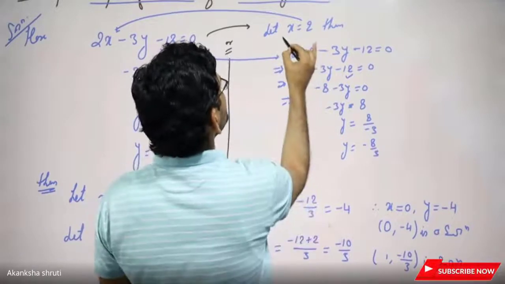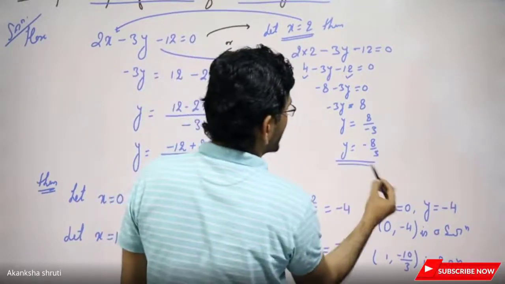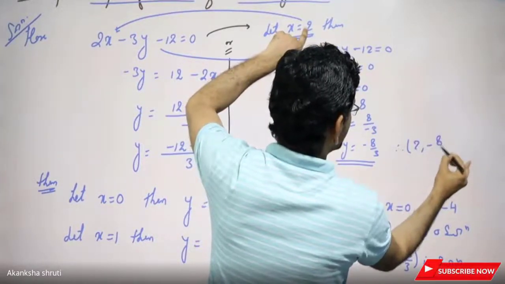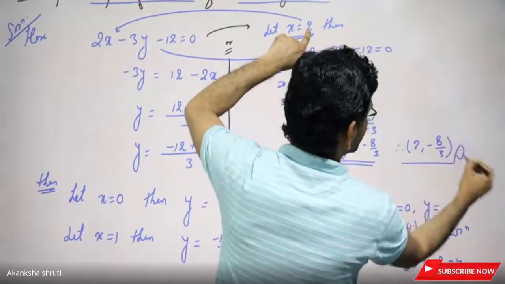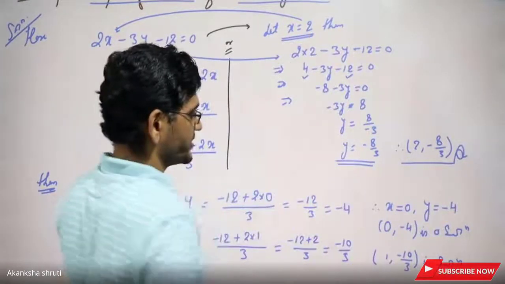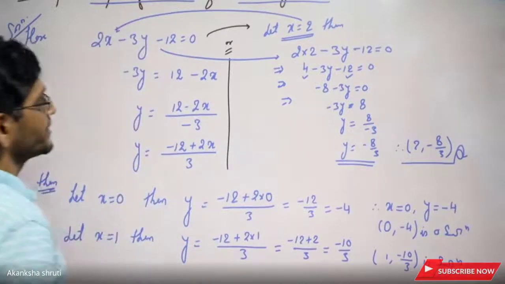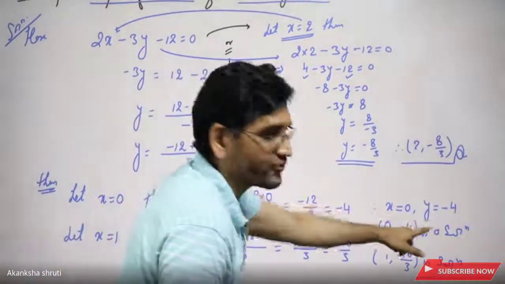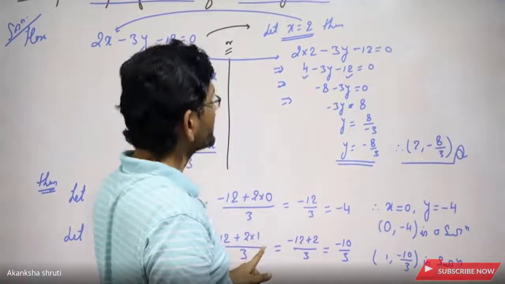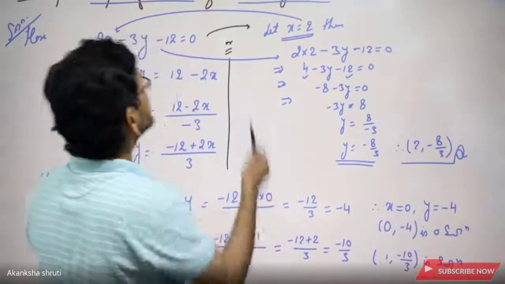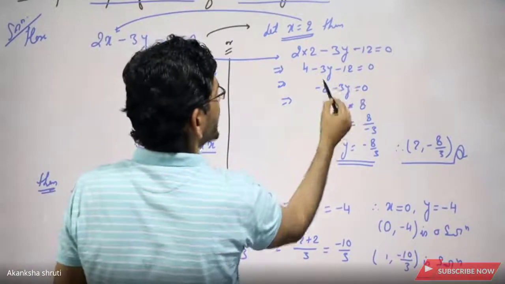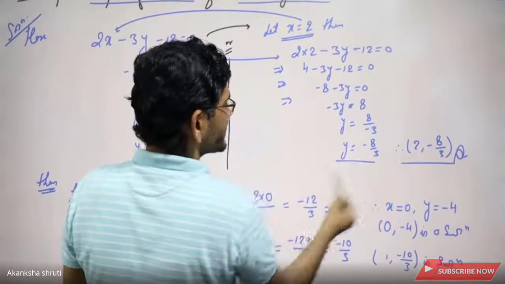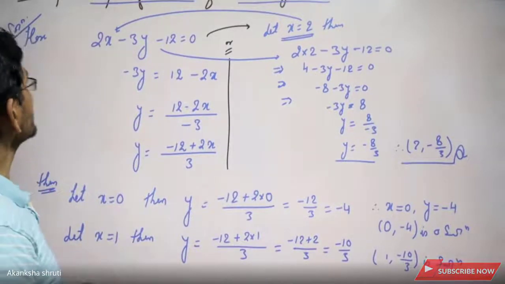So whatever we have assumed, one of this x and another y we have calculated, collect that pair. So 2 comma minus 8 by 3 is the other solution. Okay, so this could be the other solution. Student, if you have rearranged it, you get that the y can be calculated very fast just by substituting here. Now if you have not rearranged it, still you will get the result, but it will take more time, because again you have to simplify this, then rearrange for y and get it. Okay, student, so this was all about today's class.